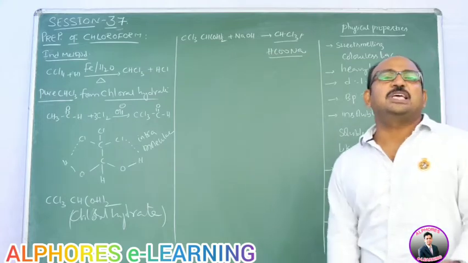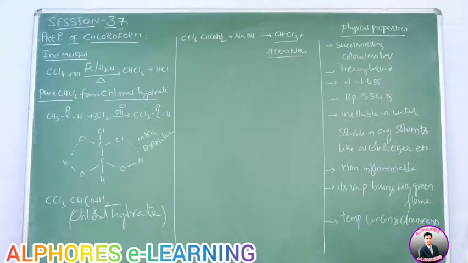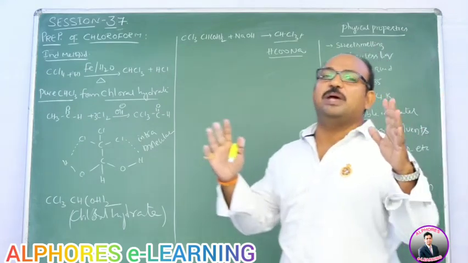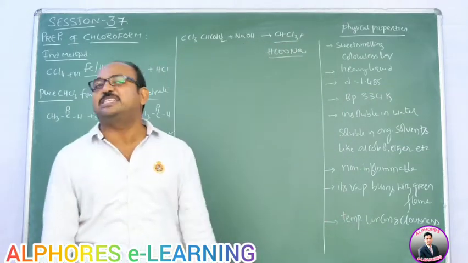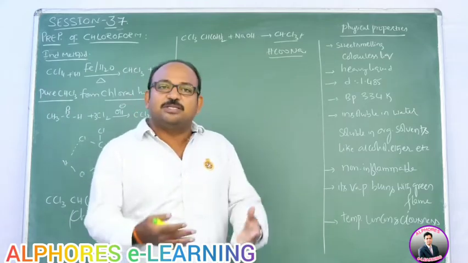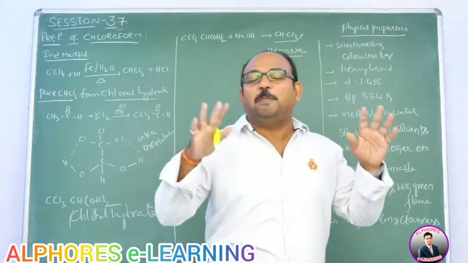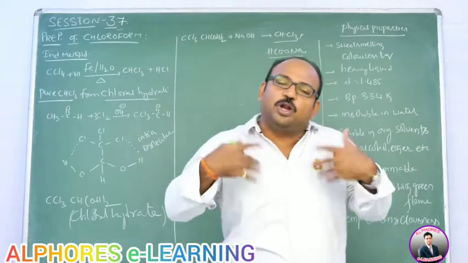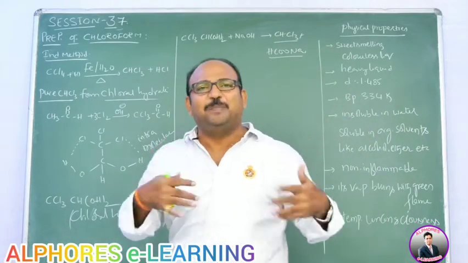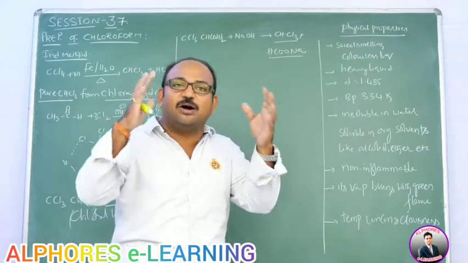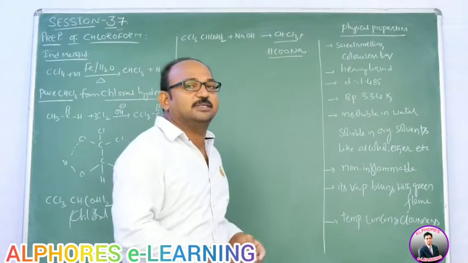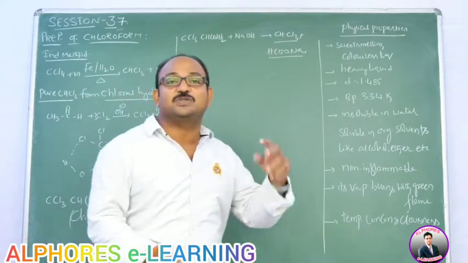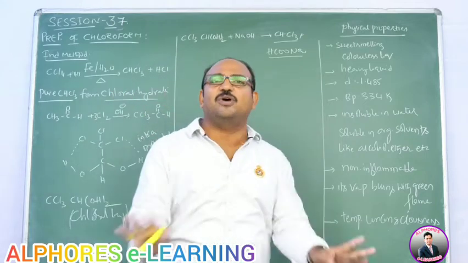Let us see physical properties of chloroform. When you come to physical properties, chloroform is a sweet smelling, colorless liquid. As we learned in the previous session, what do you mean by sweet smelling? When you inhale that liquid, that chloroform, you are getting a pleasant feeling, and if you want to take one more time, repeatedly you want to take, it means your brain is asking you, I need one more time. So it never satisfies. So chloroform has such a great smell, a sweet smell, and it is a colorless liquid, just like water.